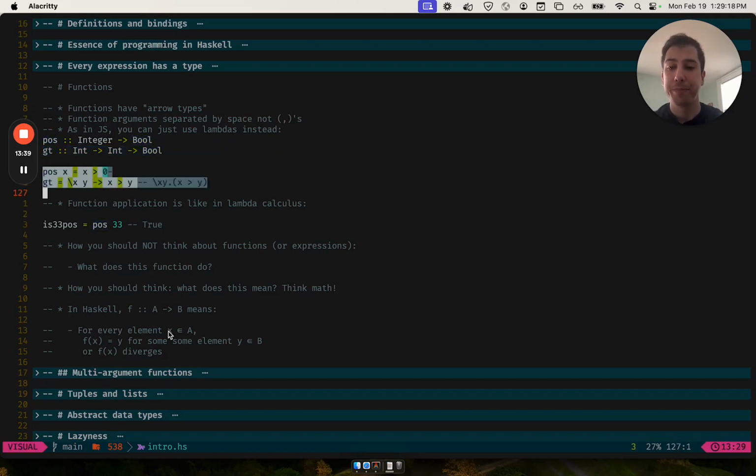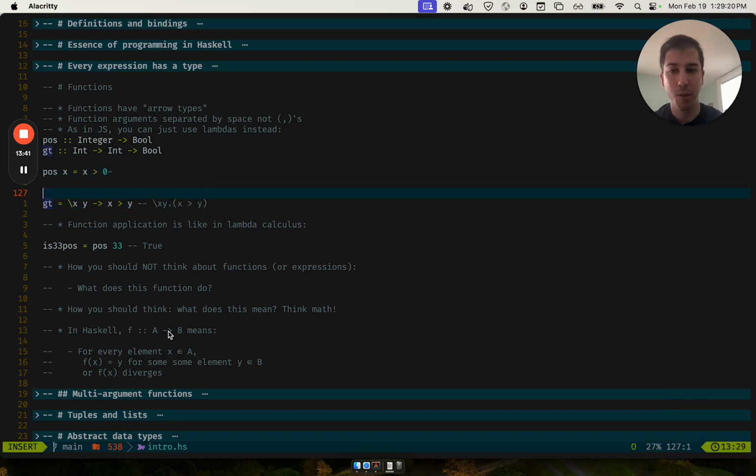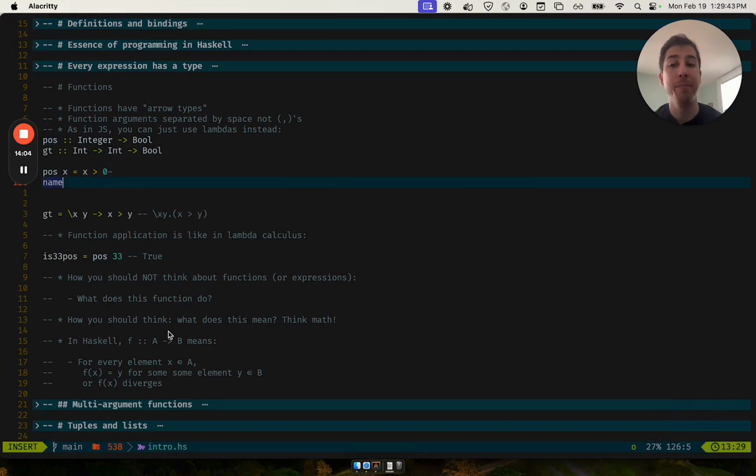So positive, and this is where the syntax starts to get a little wild. Let's look at this first example. pos is a function that takes in a single input x, and it returns the result of x greater than 0. So just going over that again, we have the name of the function, the parameter to the function is equal to the return value of the function. This is our structure,